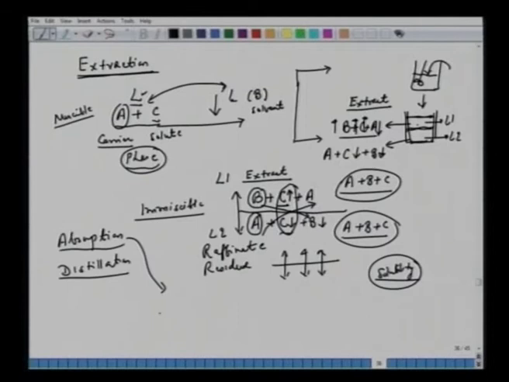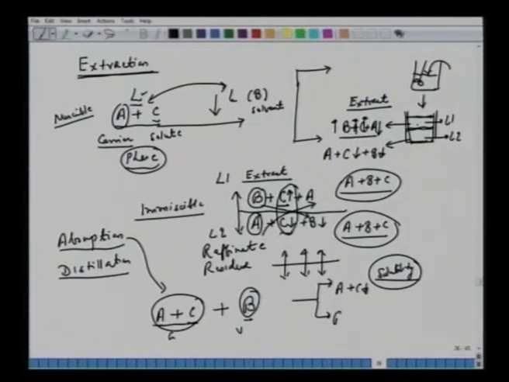What we did in the case of absorption, we had A plus B, or say A plus C, air and sulfur dioxide. We added B, water, giving two phases, and this contains two components. This is a pure component here, liquid, gas and vapor. But look at the separations. We have A plus C, with a very small amount of C, but now we have B plus C. It's a gas phase, it's a liquid phase. Unlike here, we have clear partitioning between the two phases, which are liquids, L1 and L2, immiscible. You can see the difference.